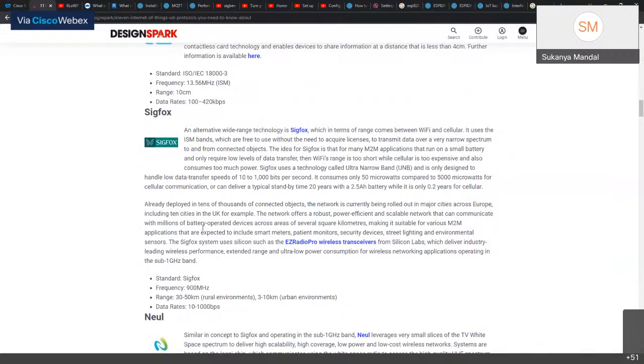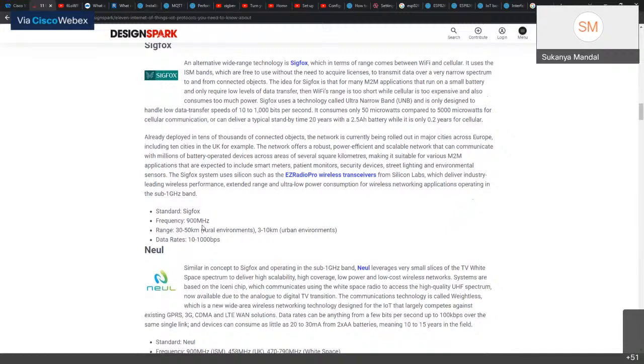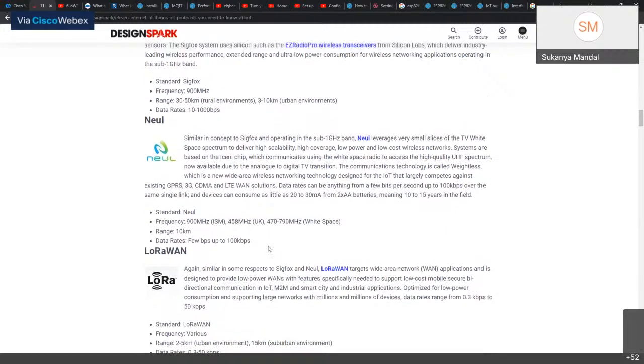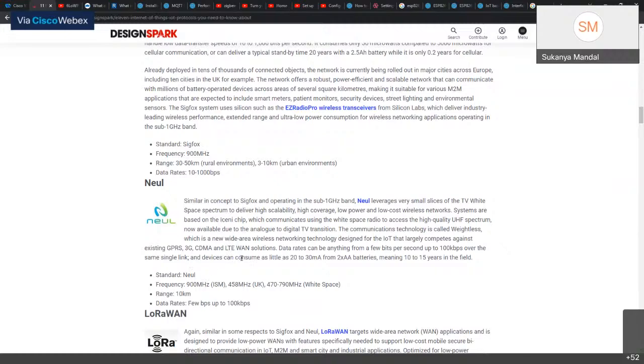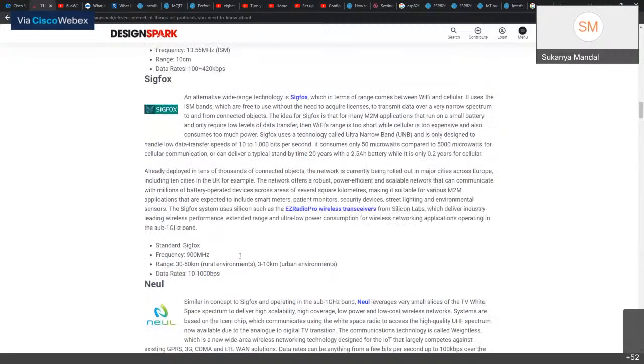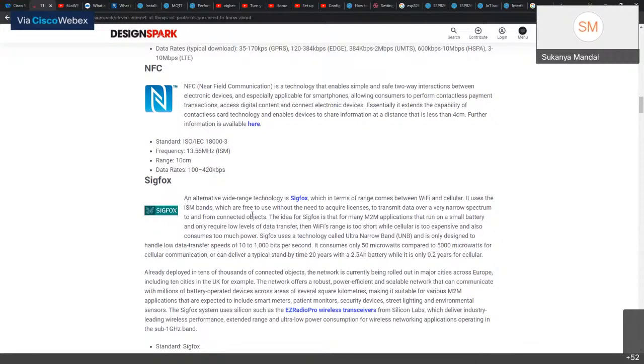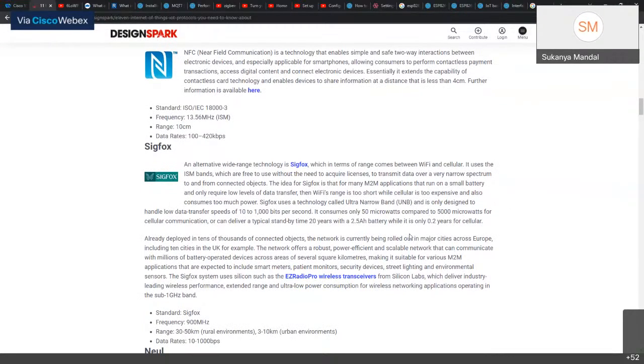Then there is Sigfox. Then there's Mule. Well, I won't be covering Mule, by the way. Sigfox is basically an alternative wide range technology, which in terms of range comes between Wi-Fi and cellular.